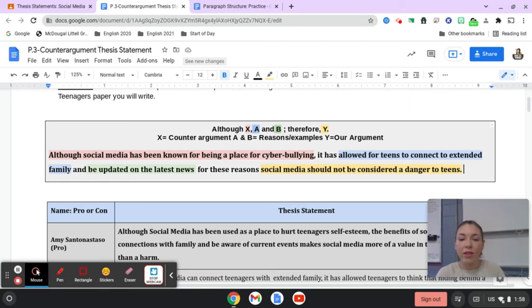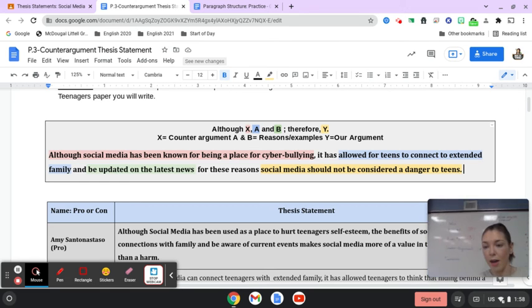Okay, now, since you have that formula in front of you, I want you to see how it breaks down. Our first reason, trying to make sure I have everything there, we go. Okay. We're not going to touch the introduction. We're not touching the introduction. We're going directly to body paragraph number 1. And if you take a look, the topic for body paragraph number 1 is going to be A. It should be the fact that it allowed for teens to connect to extended family. So that should be the topic of my very first body paragraph. Your second body paragraph, the topic is going to be B, which is right here, to be updated on latest